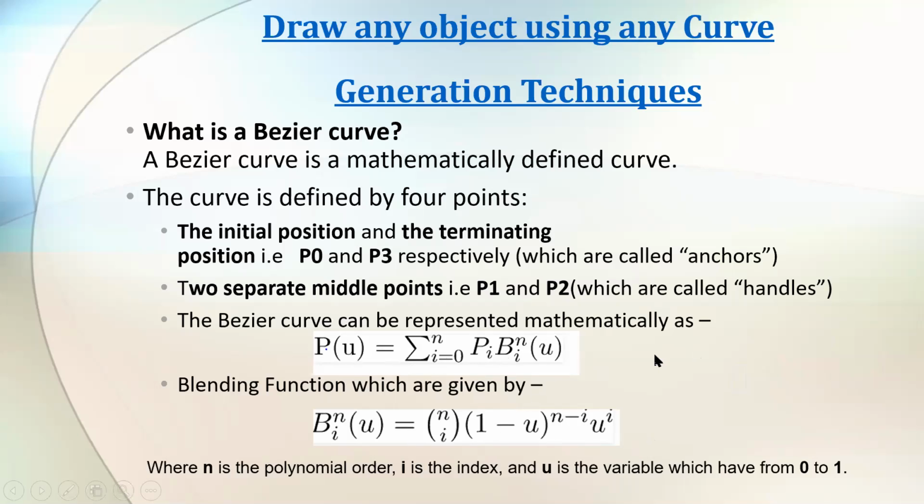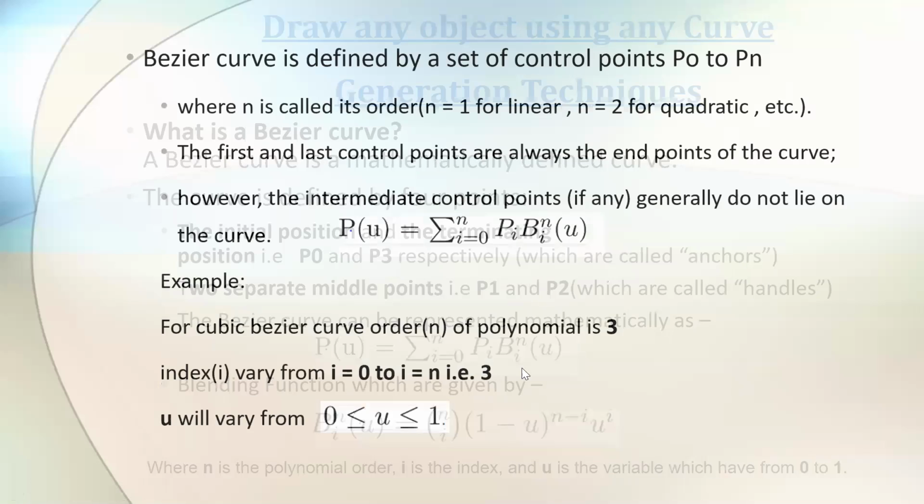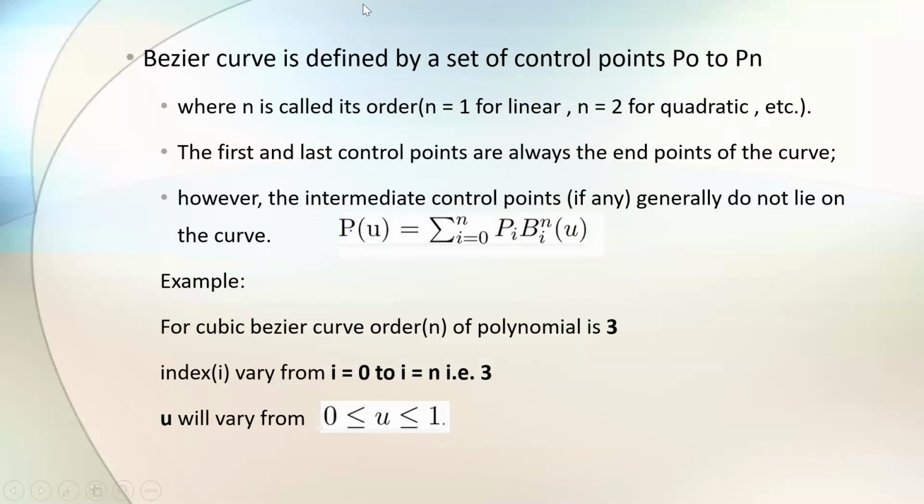So the only important things you have to remember: a Bezier curve follows a mathematical equation. It always passes through the first and the last point, and if it has middle points, they are used to control the alignment of the curve. Is that clear? Yes. Fine. Now you see, the example I've given. See the control points P0 to Pn. N is the order of your equation. If n is equal to 1, it's a linear order. 2, it's a quadratic order. If it is 3, it's a cubic order. It goes on. So this n value depends on what type of equation you're going to use.